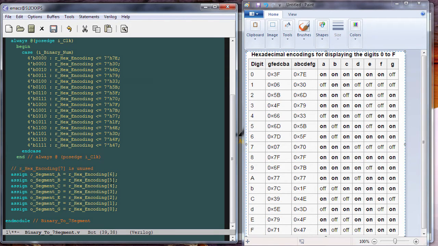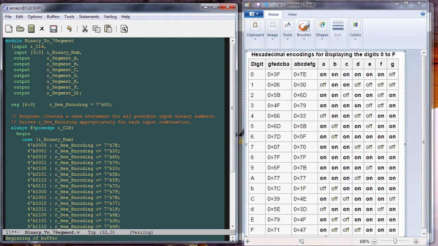In hex encoding, bit position 5 gets mapped to segment B, 4 to C, and so on, all the way down. That's what this table is showing here. A gets mapped to the most significant bit, B is the next one, C is the next one after that. So now we have a module where if you give it any input binary number, it will correctly do a